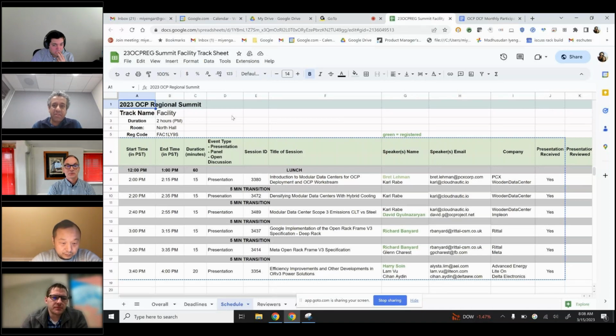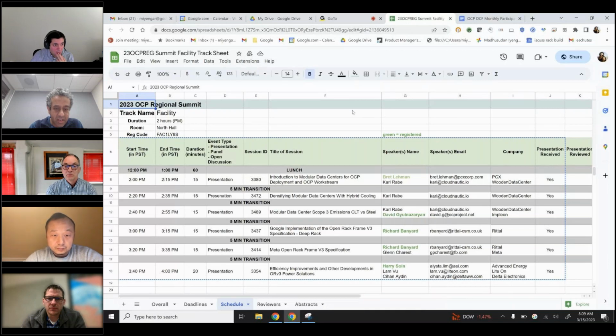Yes. Okay. So this is the spreadsheet of the presentations that have come in for the data center facility session. Hopefully you can read it. There's 6 presentations: Introduction to Modular Data Centers for OCP Deployment and OCP Workstream, that's Brett Lehman and Carl Rabe. And then there's Densifying Modular Data Centers with Hybrid Cooling. That's also Carl Rabe. I think he's working with John Fernandez